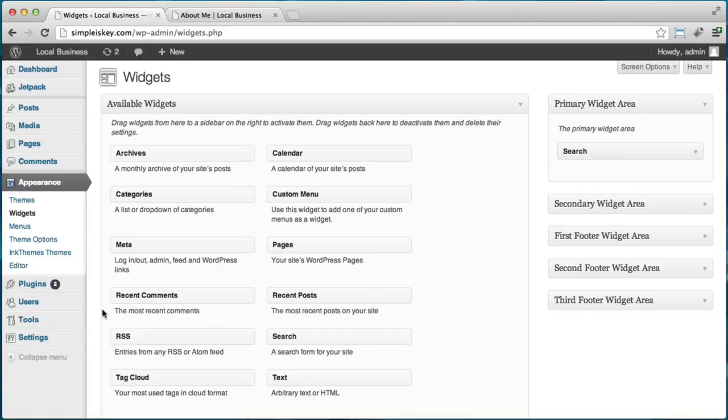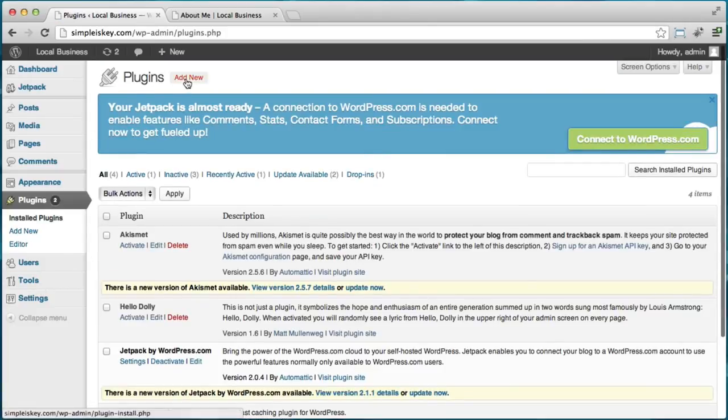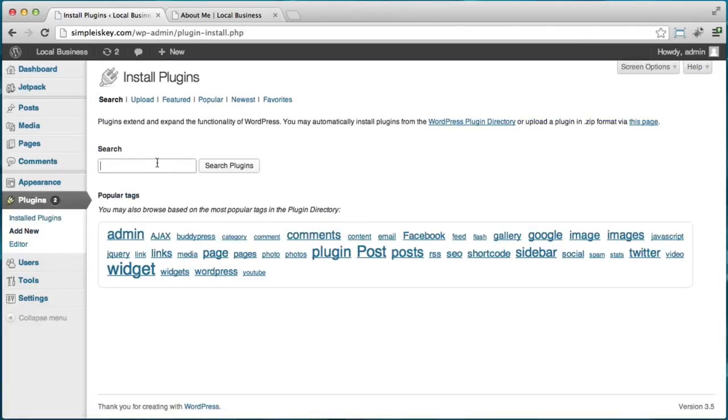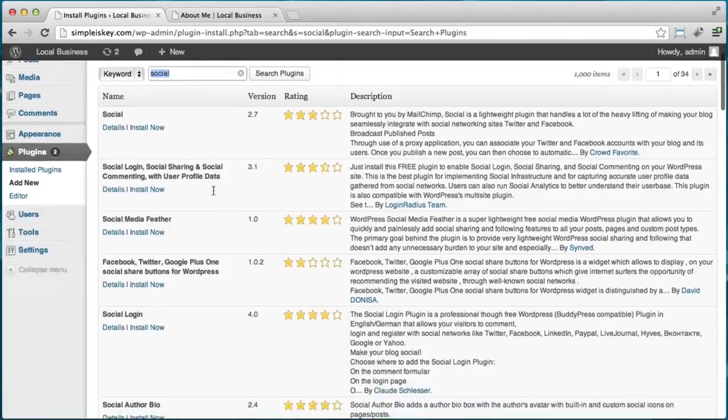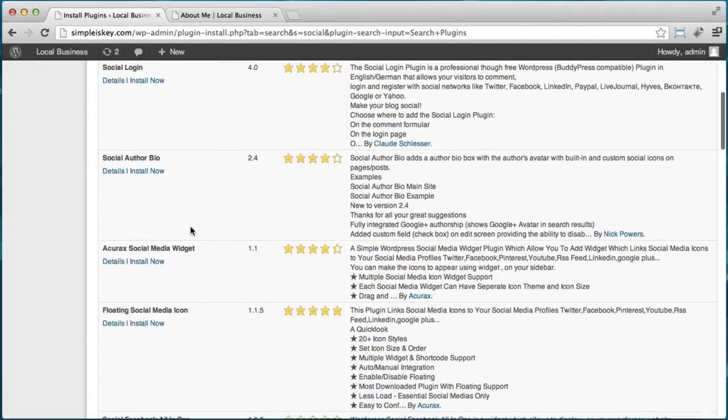What we do is we just go to plugins and click add new. So now we're extending WordPress. Let's look for a social plugin. Just type in social and search plugins. We can scroll down and see one with good ratings, maybe this one right here. If we roll over the stars, we see, based on 23 ratings, it got about a 4.5 out of 5 stars. We can also click on details